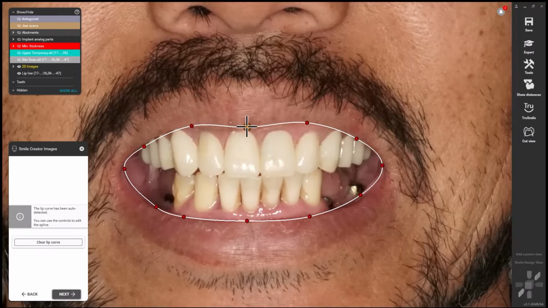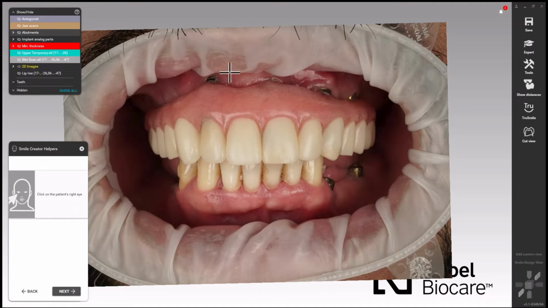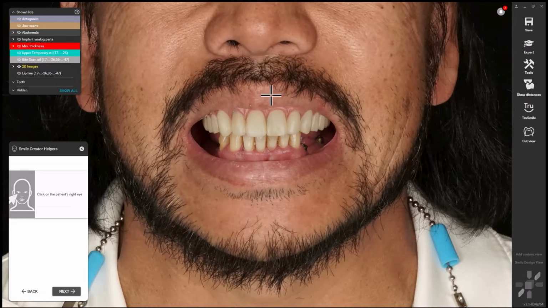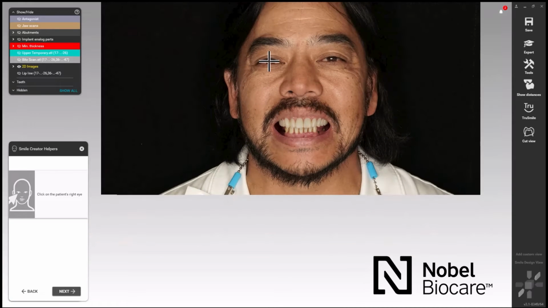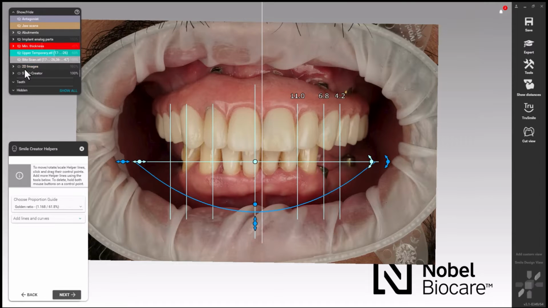Just going to allow us to replace the teeth with our new design nicely. So hit next on that, and now it's going to ask us to click on the eyes. Okay, so we're going to go dead center on the eyes, and this is going to help make sure our photo is aligned so we can set our midline